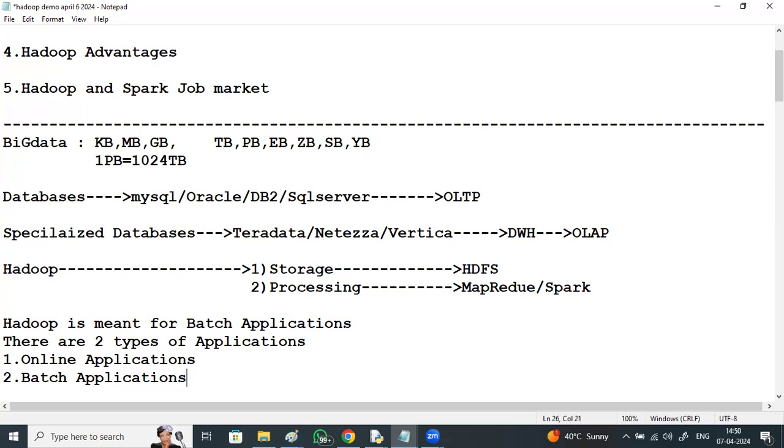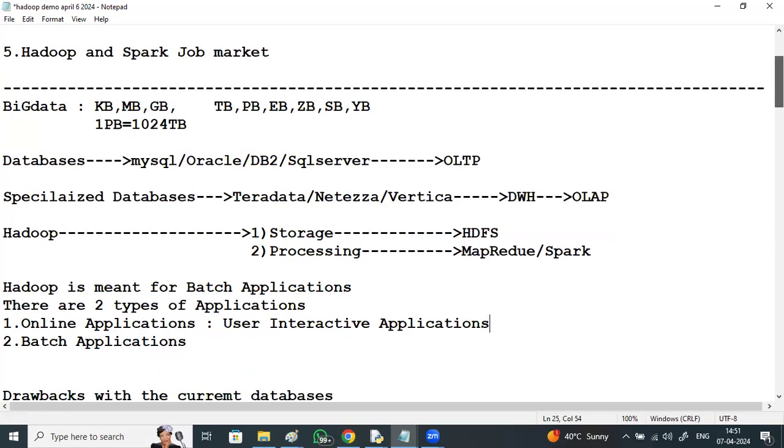If you are making one online transaction, Hadoop is not required. You can go with the databases. What is the difference between online and batch applications? Online applications are user interactive applications. Here, the user gives the input. For making an online transaction, the user has to give the input.